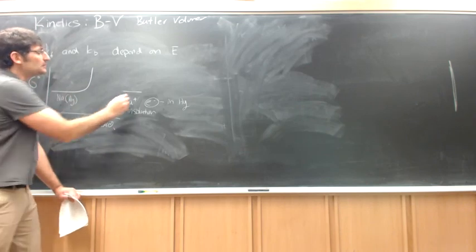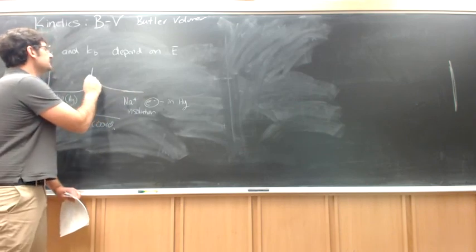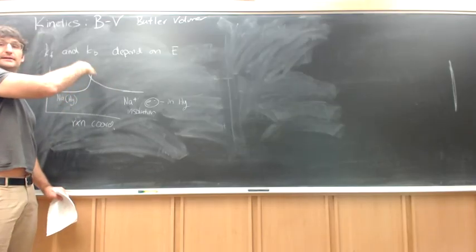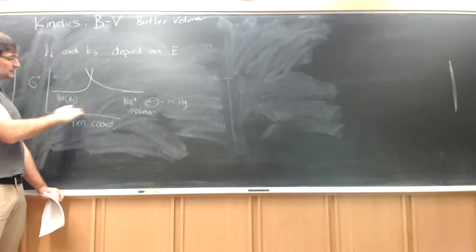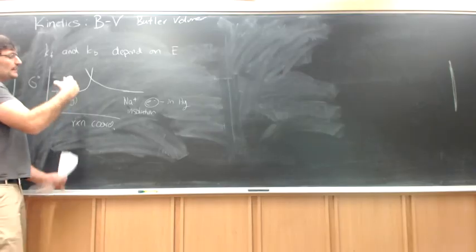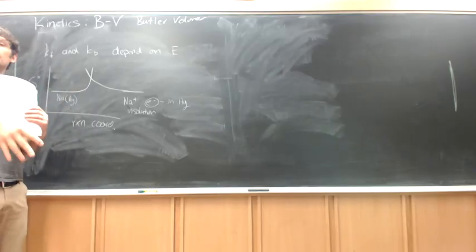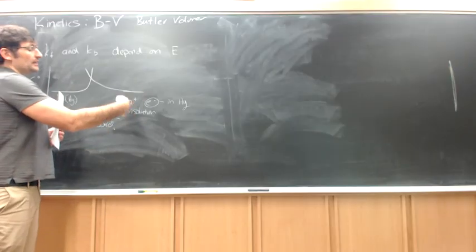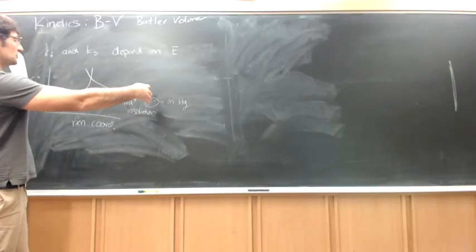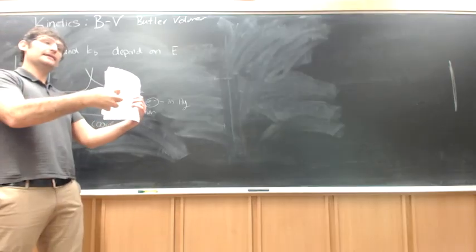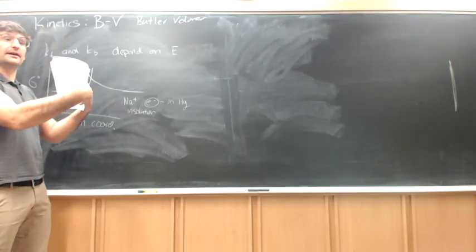And so what we can do is we can plot curves, and again, we don't know what this reaction looks like, but we can basically say, well, as we proceed through this reaction, the sodium has to sort of pass across the boundary between the mercury and the electrolyte,